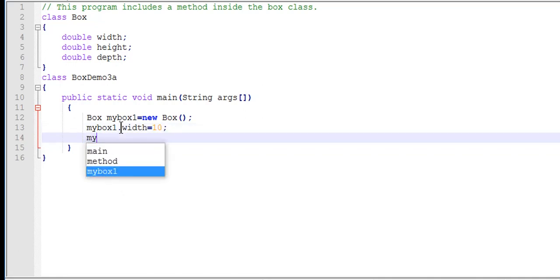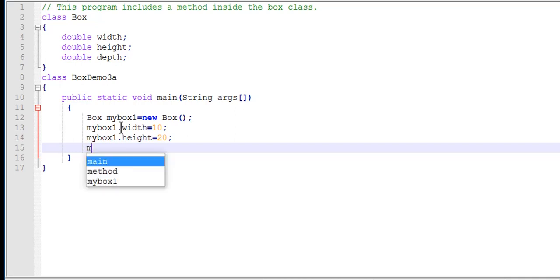Then myBox1.height is equal to 20 and myBox1.depth is equal to 15.